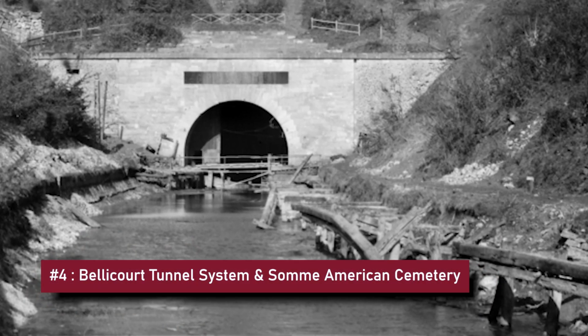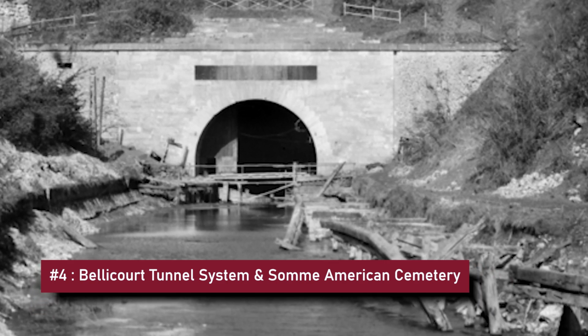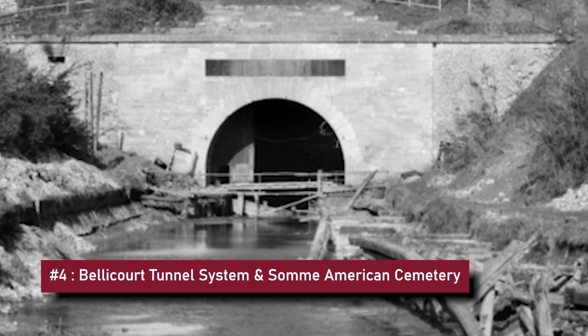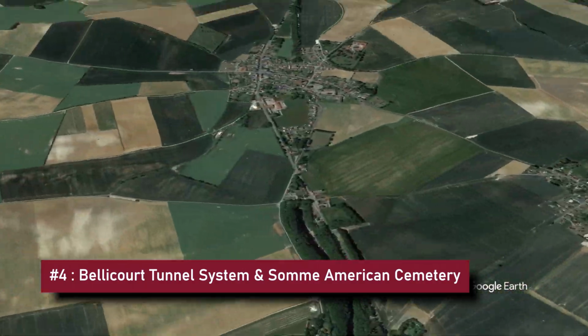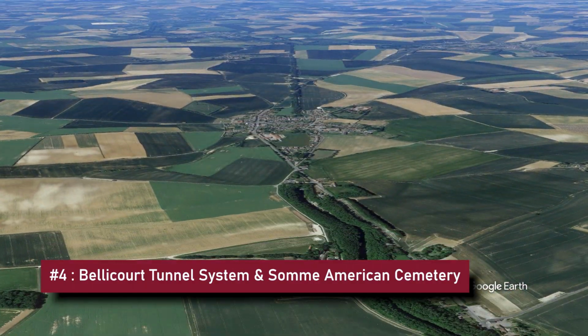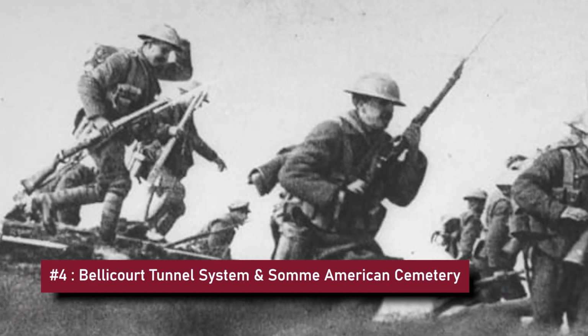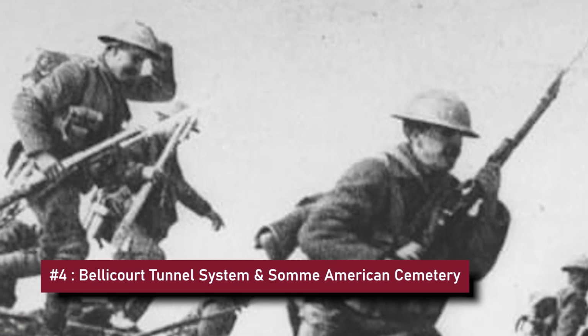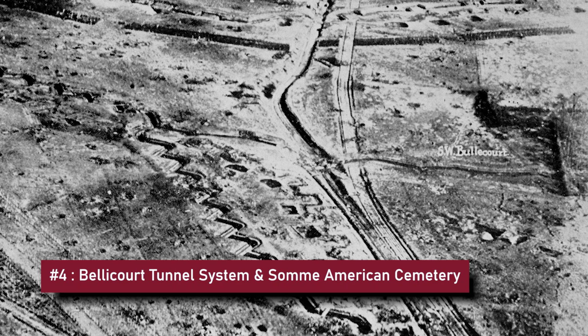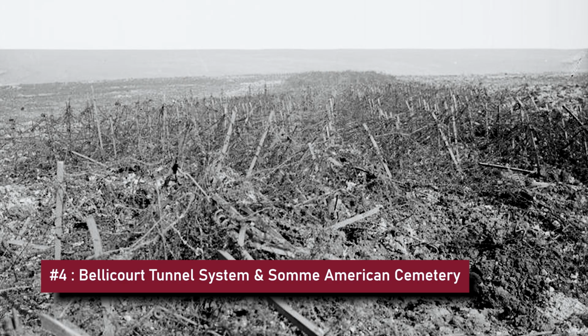Coming in at number 4 is the Bellicourt Tunnel System and Somme American Cemetery at Bony. Located some 50 miles east of the city of Amiens in the French Picardy region is the infamous Somme sector of the Western Front. It was also in September 1918 that 2 US divisions alongside Australian and British troops played a key role in breaking the formidable Hindenburg Line, an achievement which laid the groundwork for the end of the